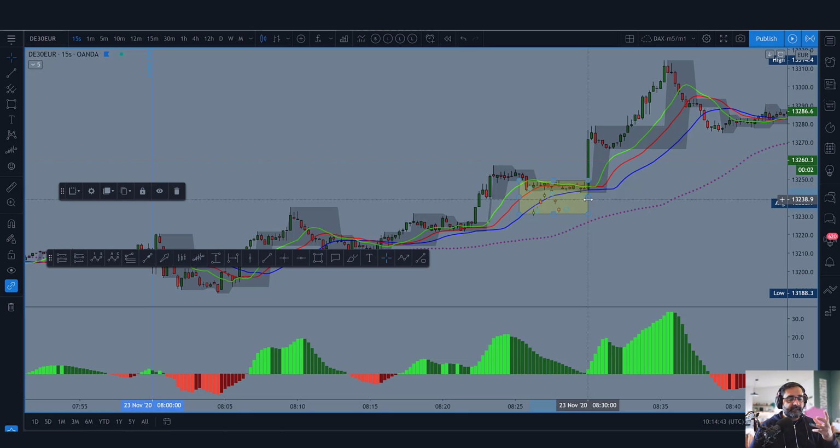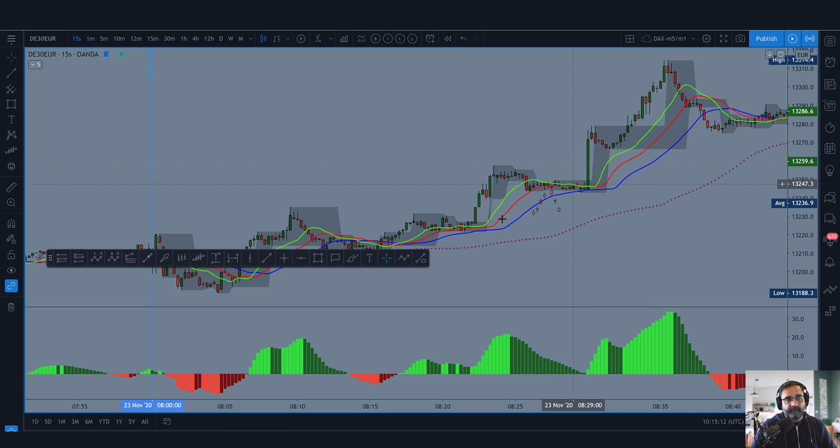Now one can argue, okay, I can put my entry here and stop loss 10 below. Yes, that's fine. We can do that. But essentially what you'll be doing is putting a stop loss based on what you want, not the market dictated locations. So what we want is the market generated stop loss levels, which would be the box levels. So if the box was tight here, and suppose we got an entry at 50, the box is telling us to put our stop loss below the box,